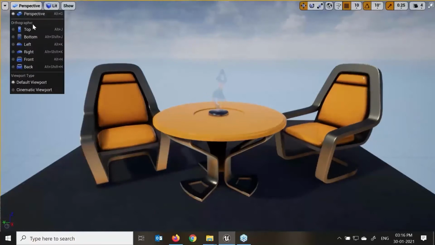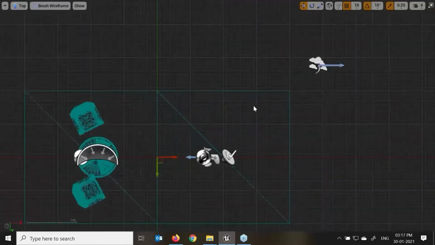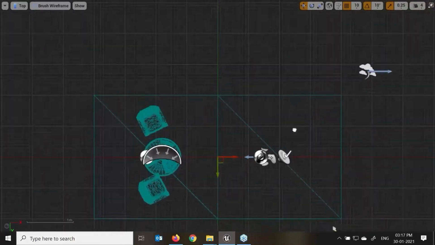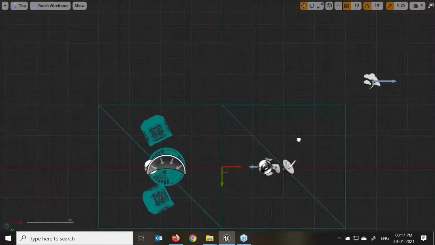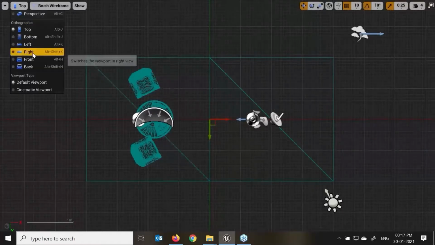When I click on the perspective, here I can change to top, bottom, left, right, front and back. Here I would like to add one point. If I make my top view, you see my mouse movement and the cursor movement are not the same. Here I can only zoom in, zoom out and pan. That's what I was able to do in a perspective view. It is not possible, again, the same as we use in Maya or any other 3D software.